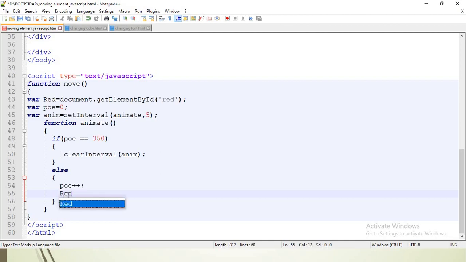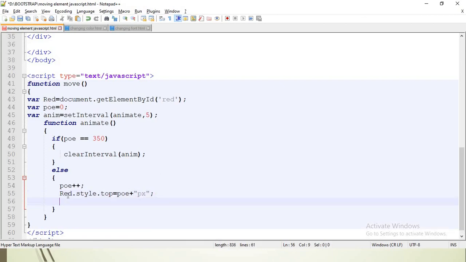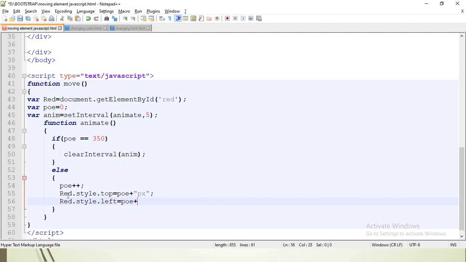And red dot style dot top equal to POE plus px. Red dot style dot left is equal to POE plus px. So it should come to the left side, as well as from the top. That is why we are using top and left.